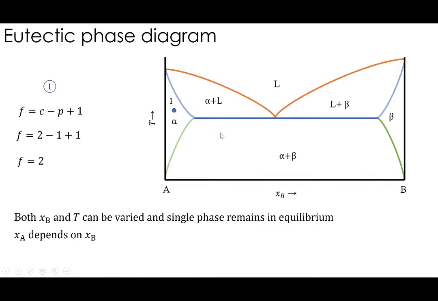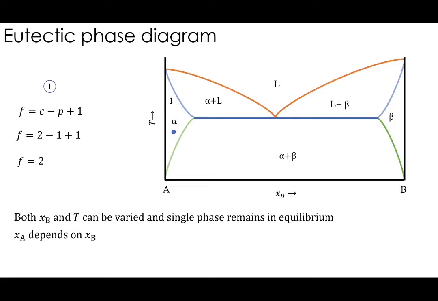Consider this point 1. Think about moving this down the temperature. Like temperature is decreasing. Do we lose the single phase from equilibrium? We are still in the single phase field, right? So temperature is varied. Composition is not varied here. And composition need not stay in any particular value also. For this particular temperature, composition can vary from this point to this point. It is still the single phase field. So there is no restriction on composition there. So temperature can vary and composition need not vary according to the temperature to some value. So composition and temperature are independent here.